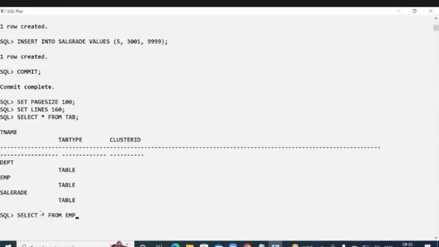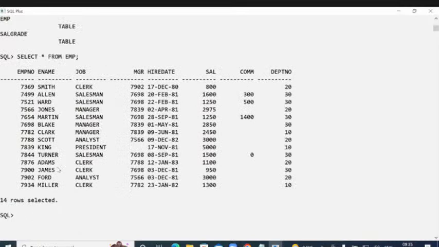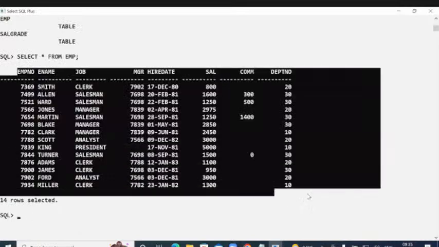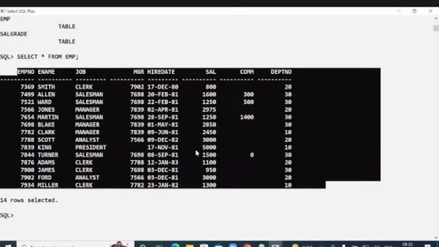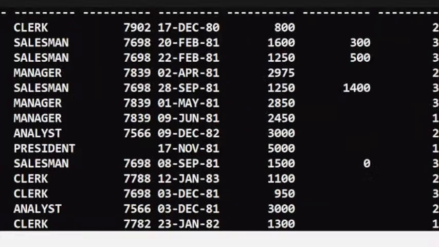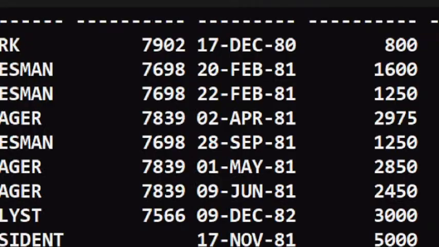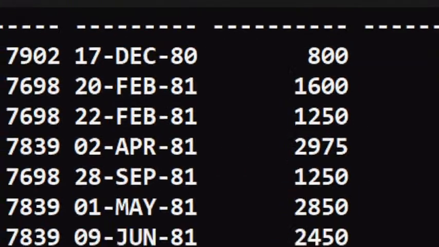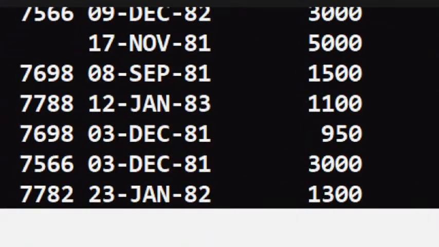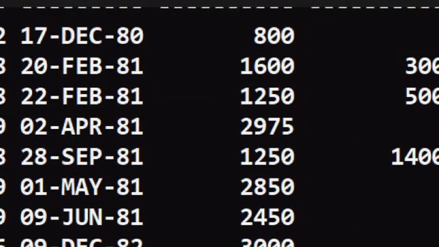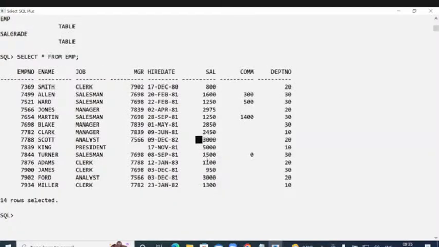First, I want to show it here. So this is my employee table. Carefully observe. We have some information about the tables. In this table, we have the salaries information about employees. For the 14 employees, the salaries are here. Okay, right. And one more thing, these salaries I need to compare with